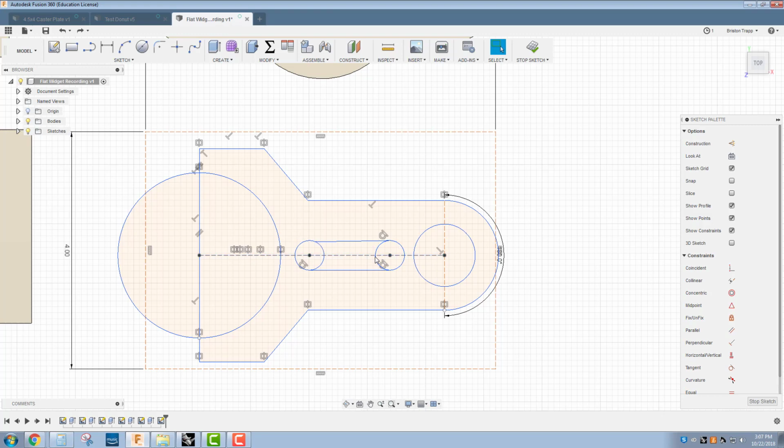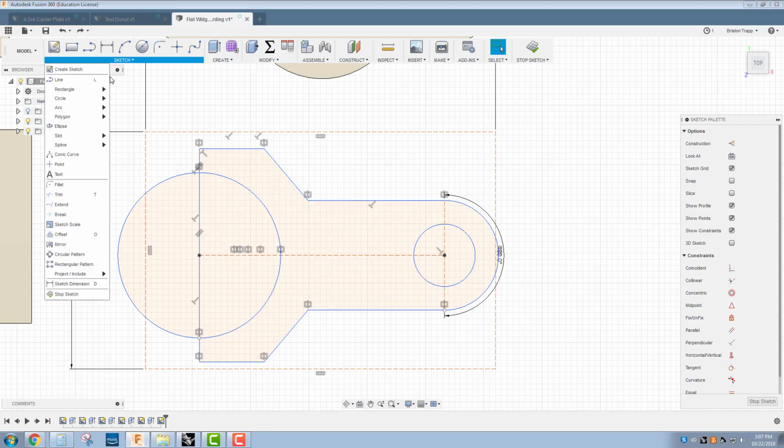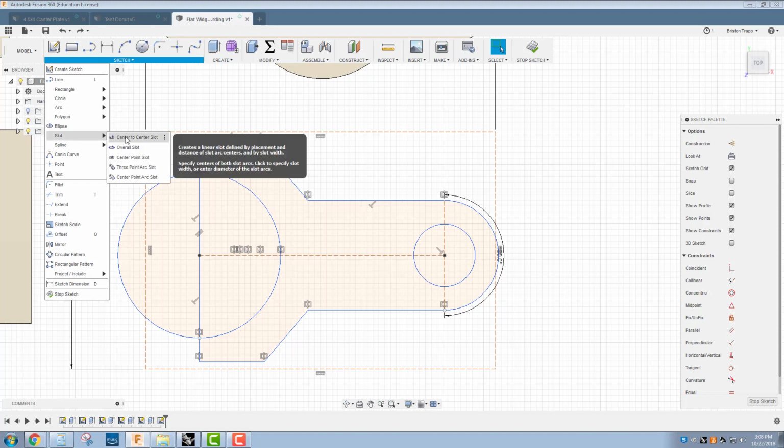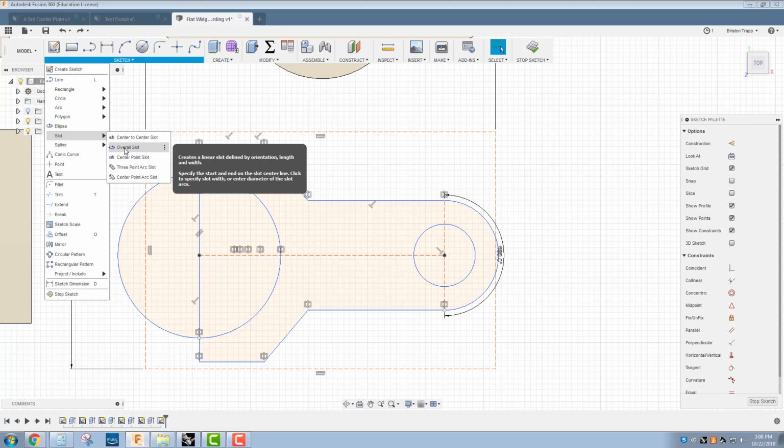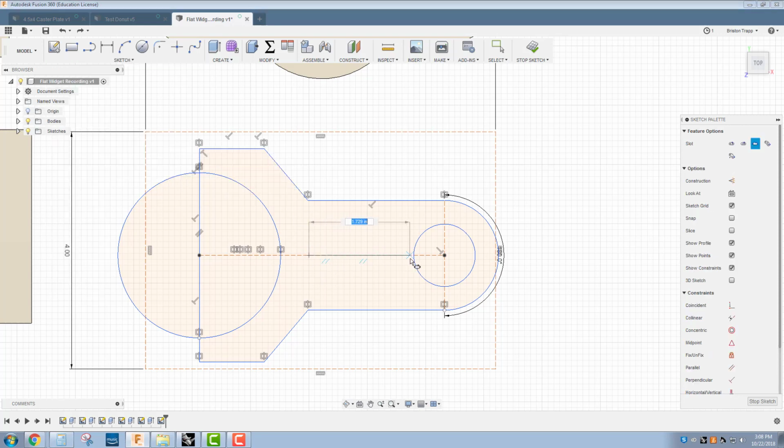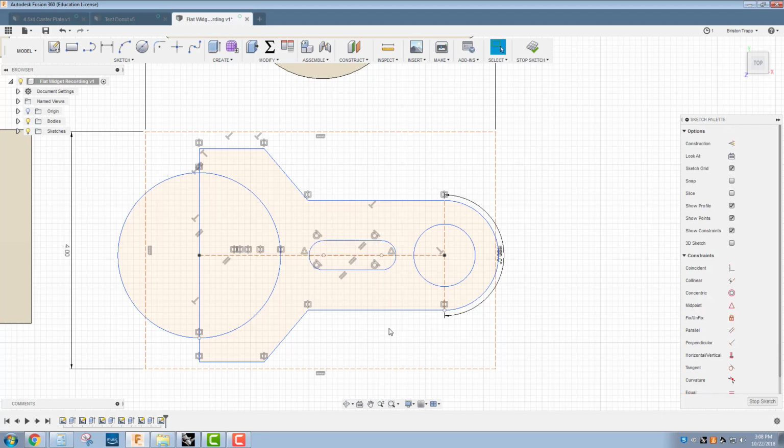Or, let me go back, there's a sketch, slot, center to center slot or overall slot. Click there, click there. Definitely a lot faster. T to trim, I'm gonna go ahead and trim away that. E to extrude,